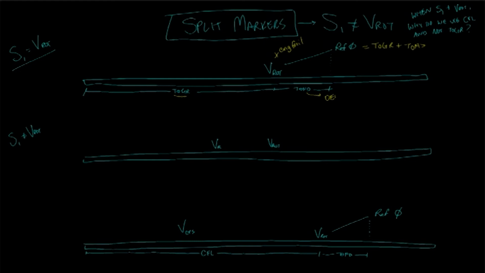Well, if we run into the scenario of S1 not being equal to rotation speed, so maybe S1 equals either refusal or max braking speed. For this scenario, we'll just say S1 equals refusal speed. We now have a weird scenario on our hands. We're committed to the takeoff at refusal speed, but there's now a point on the runway in which we're committed to the takeoff, but we're not yet airborne. So let me ask you this question. If I lost an engine at or above refusal speed, but before rotation speed, if I lost an engine here,